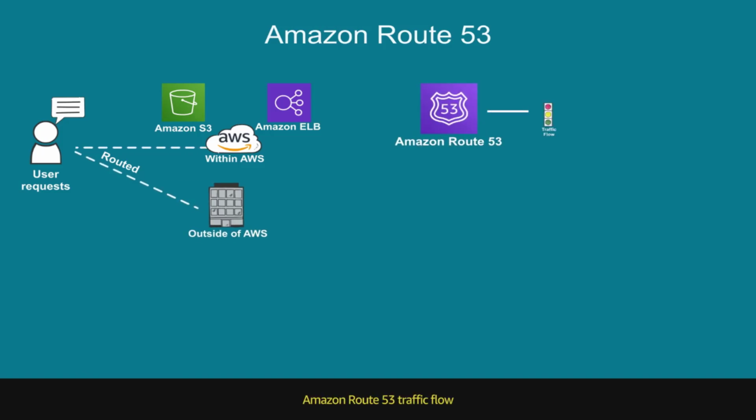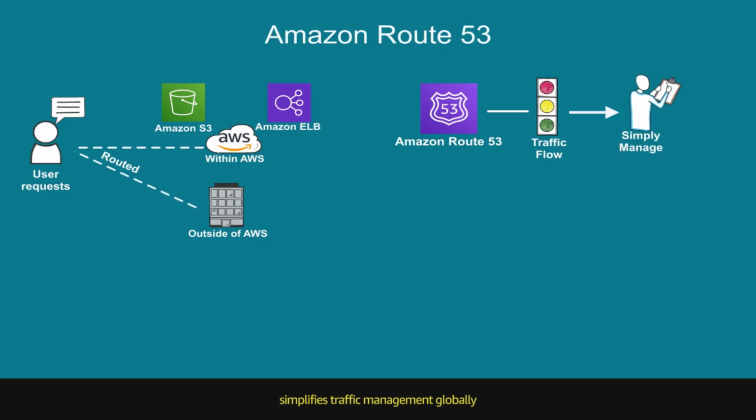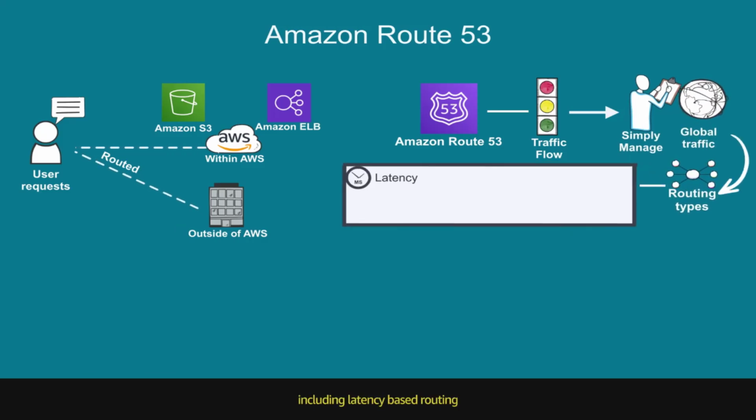Amazon Route 53 traffic flow simplifies traffic management globally through a variety of routing types, including latency-based routing that routes users to the AWS region that provides the lowest possible latency, GeoDNS routing that routes users to a particular endpoint that you specify based on the end user's geographic location, geo-proximity routing that routes traffic to your resources based on